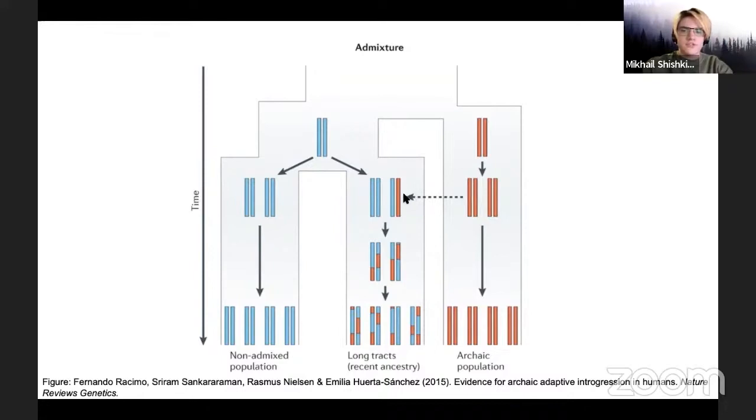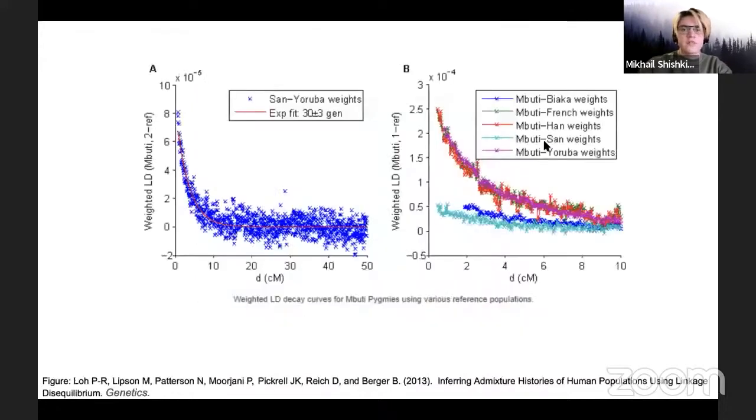With the next generation, because of recombination, these admixed tracts become shorter, and by observing these admixture tract lengths, we can tell something about the time of this admixture event. And another approach